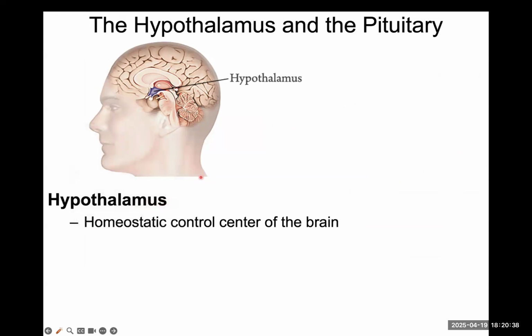Okay, so let's work our way down the list. Some of these glands we're going to focus on. First, we're going to do the hypothalamus and then the pituitary gland, and then we'll work on some of the other glands. So what kind of hormones do you produce in the hypothalamus?